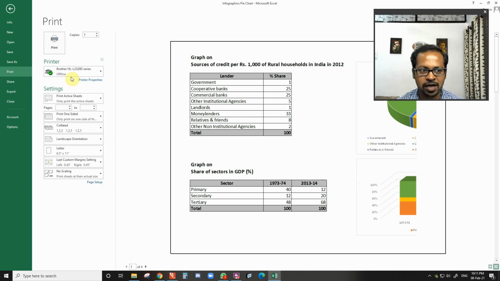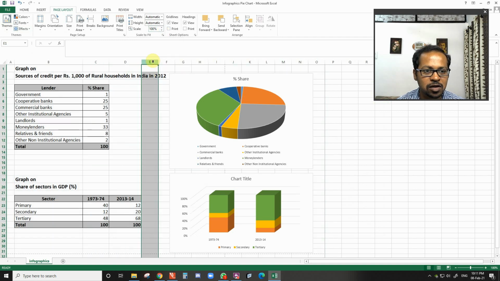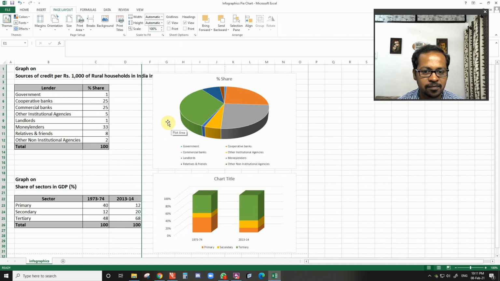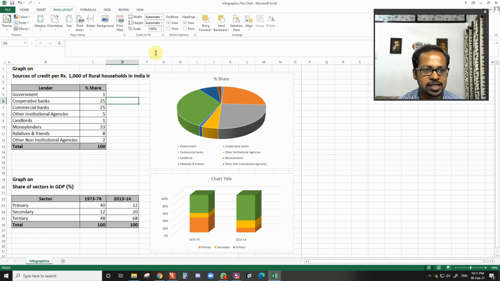It means you are not able to set this properly. So you will have to decrease the scale. And you can also remove unwanted space. For example, this particular column, if I don't need it, then I can hide it. You can reduce unwanted space and you can decrease the scale.